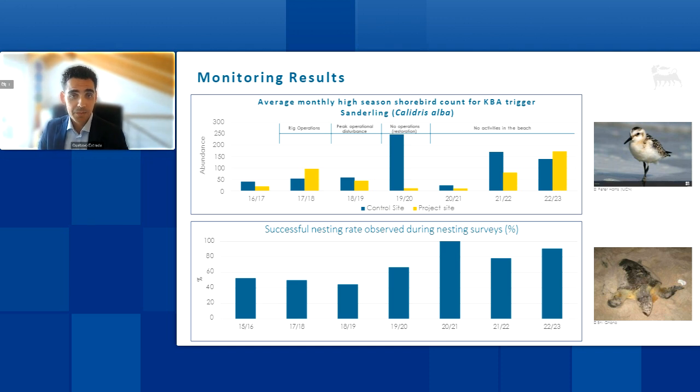The rationale is that disturbance related to illumination and noise from the onshore receiving facility, but also due to regular activities of the local communities, could increase the number of false crawls and hence decrease the percentage of successful nesting events. The results indicate very limited difference between the peak operational disturbance and the baseline, which could be due to noise and illumination control measures implemented by the project.